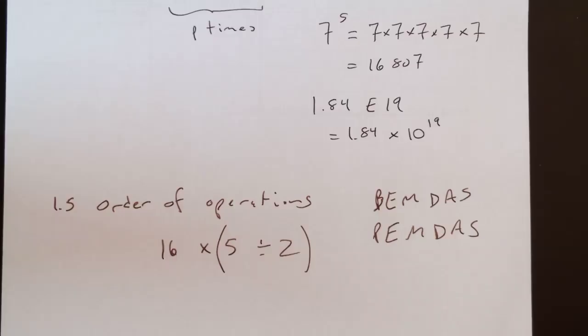But these two are given equal priority. So you simply do them from left to right. Whichever one you run into first, you do. But you always do the stuff inside the parentheses first. You do the exponent immediately after that, whenever possible. But we always work left to right. Some parentheses are implied based on location, but that's not always nice.